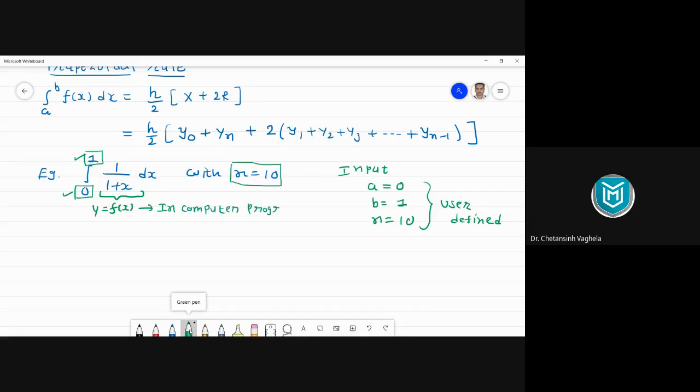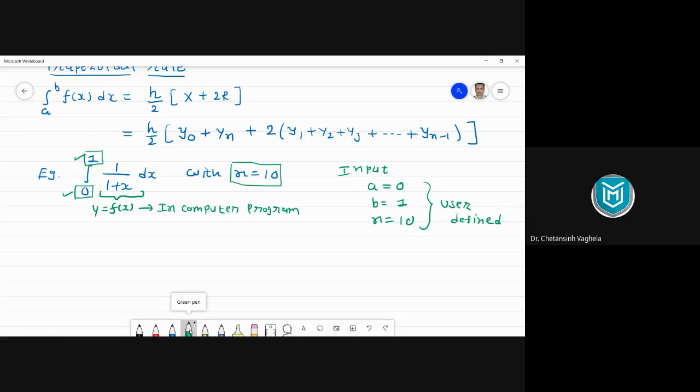We will define it inside the program the way we define it in Newton-Raphson, bisection and other methods. If you remember, in those methods we were defining the function f of x in the program. In a similar way, we will define function f of x here inside the program.